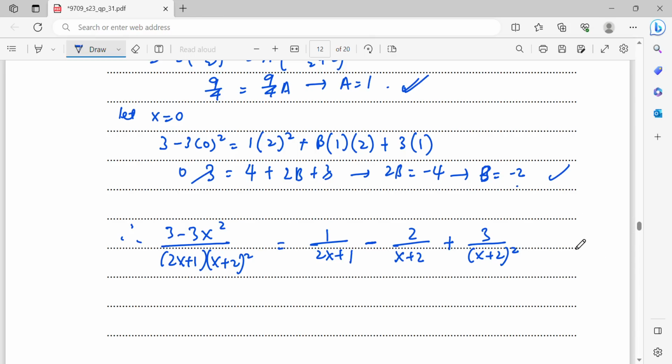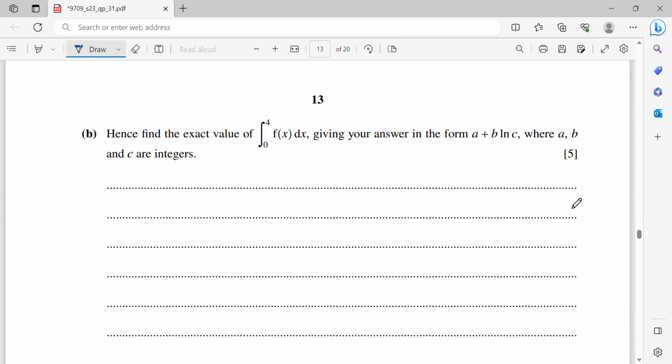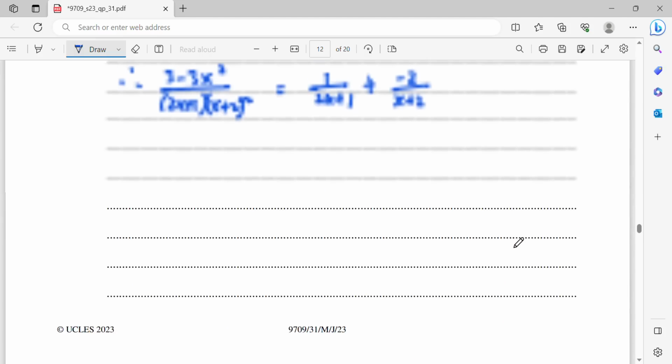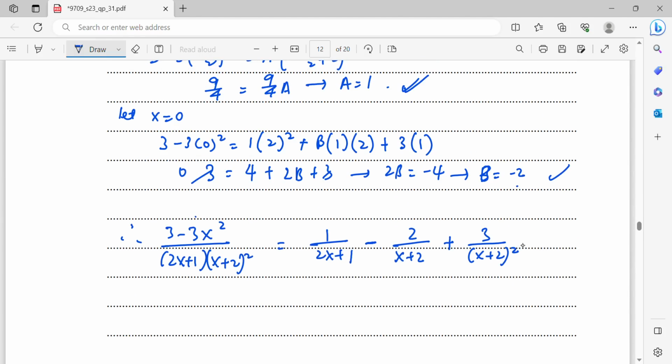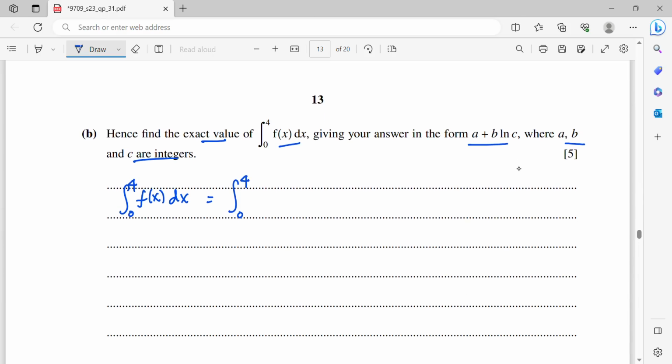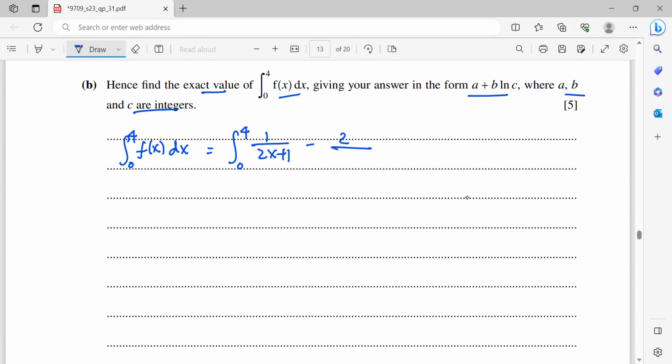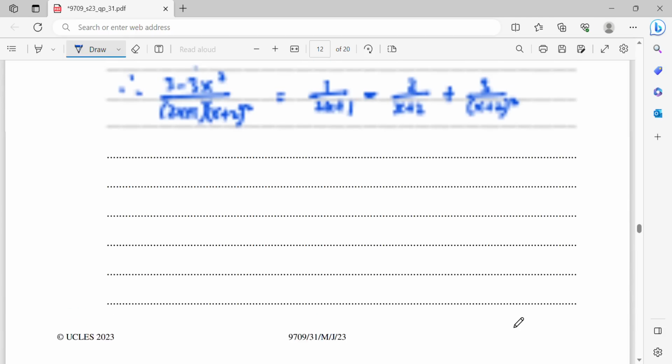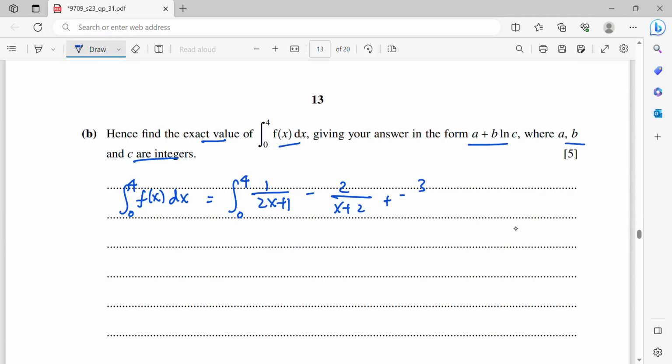Alright, so with this we have done the partial fractions. Now, hence find the exact value of this integration, giving your answer in the form of a plus b ln c, where a, b, c are integers. So now integrate 0 to 4 f(x) dx, is integrate 0 to 4. Now this is your f(x). Okay, so 1 over 2x plus 1, minus 2 over x plus 2, plus 3 over (x plus 2) squared